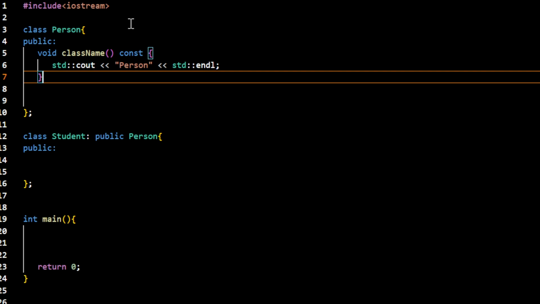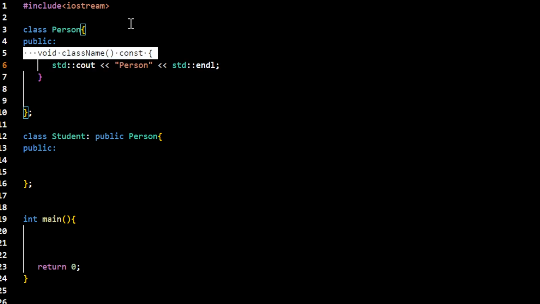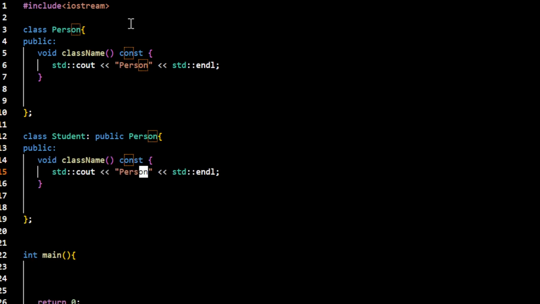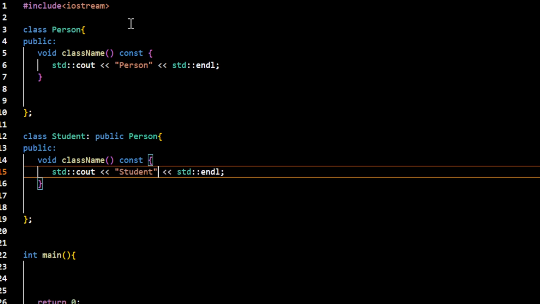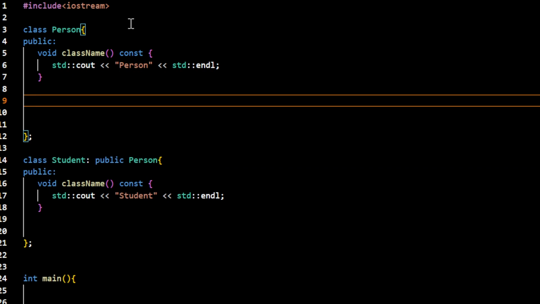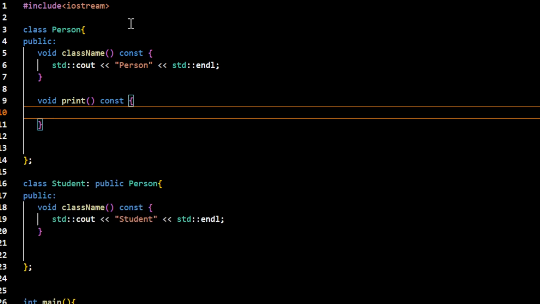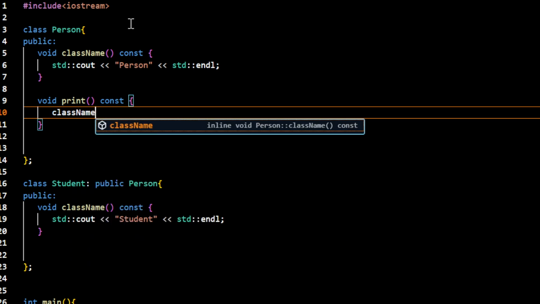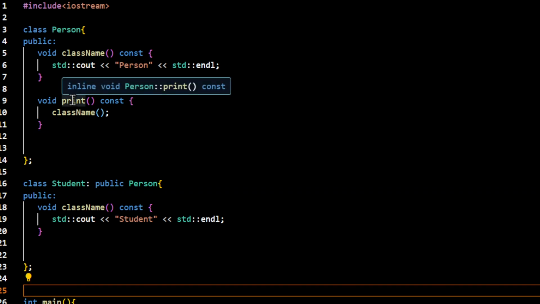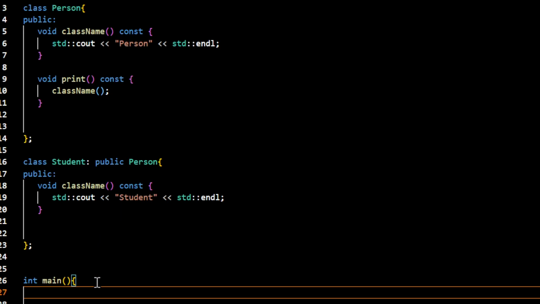All right. So, I also want to have a similar function in the derived class to display the class name. Now, let me have a print function, which actually calls class name in the base class. In this case, this print function is going to be automatically inherited by the student class. So if I create a student object,